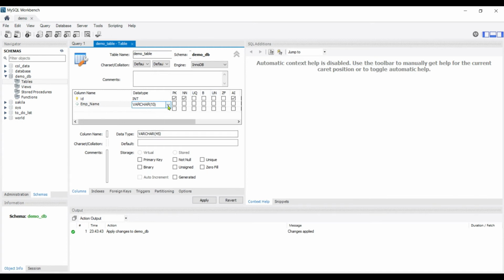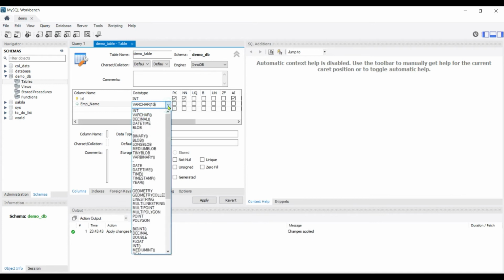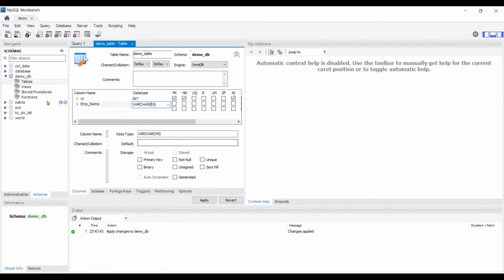And if you want to see how many data types your MySQL Workbench offers, you can just click on this drop down menu, and you can actually see what all the data types are. You'll see many, and you'll be familiar with many of them, so you can do the exploring yourself. Next, after employee, what can you think about an employee in? Department, right? So let's name it as department, and that be varchar as well.